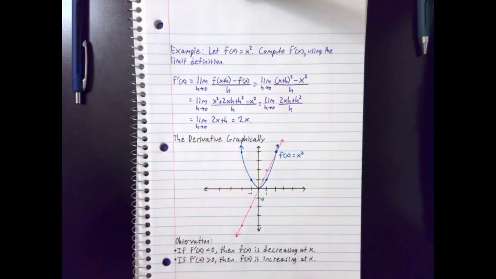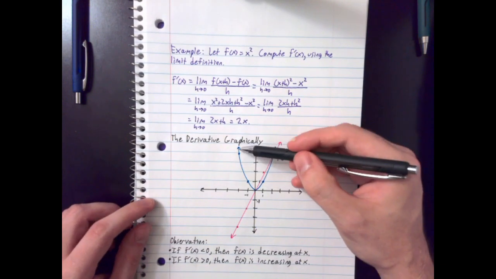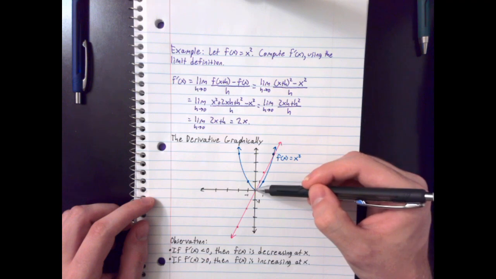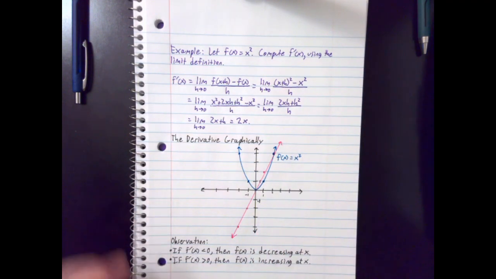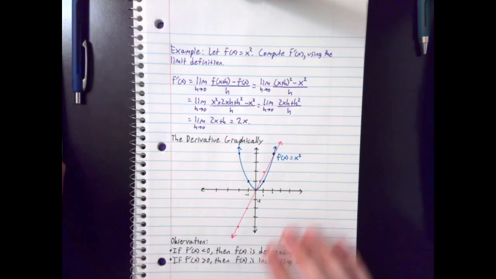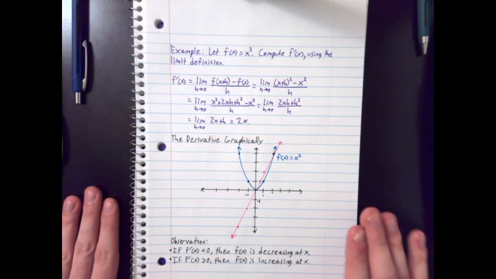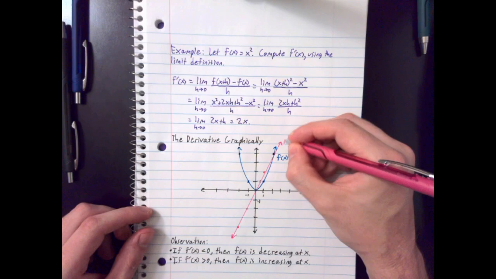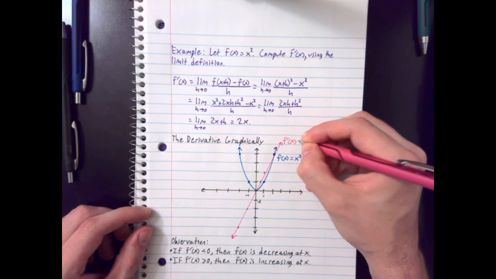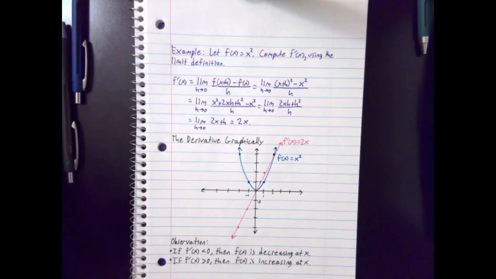And I haven't formally defined what increasing and decreasing mean, but I think that intuitively this notion should be fairly clear. If my graph is sort of going down, then I'm decreasing, and if I'm going up, then I'm increasing. Again, there's more we could say about the derivative graphically, but this is one of the first observations that I wanted to make sure to point out. And I suppose I should have labeled my pink line here. Okay, so